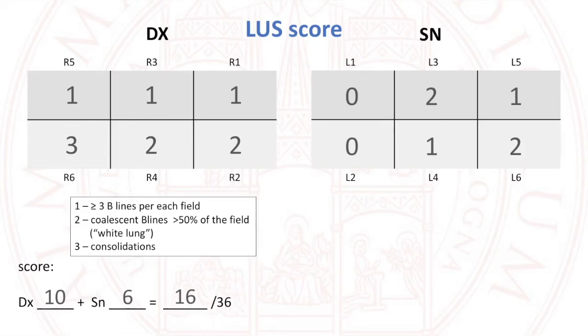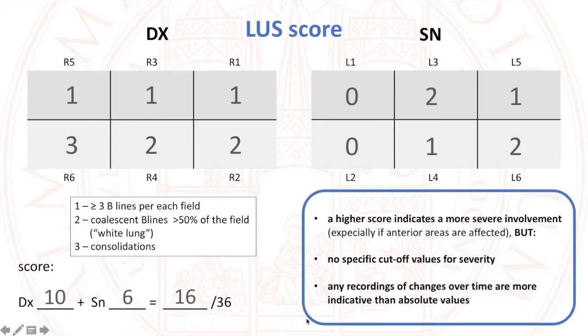But now, how to use this number? What is very important in our opinion is what is written here. A higher score indicates a more severe involvement, for sure, especially if anterior areas are affected. But always keep in mind that no specific cutoff values for severity